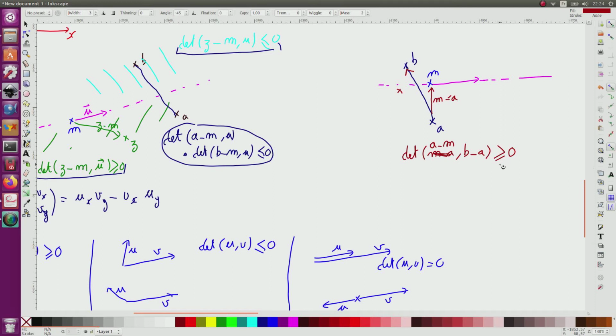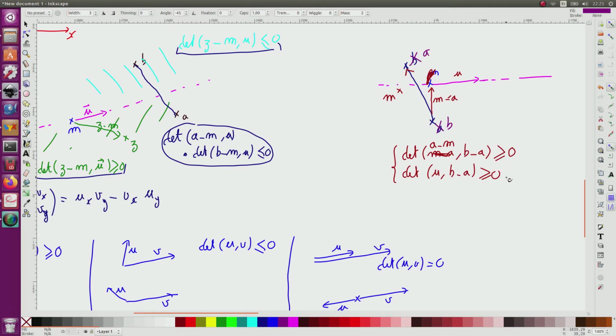But also I have here that U is going to the right. So if U goes to the right, M should be on the left. So that's why I have to add the situation: the determinant of U, B minus A should be positive. So in this case, M is not here, it is here, and U goes to the right. M is on the left, U goes to the right. But it could be the contrary. For instance, if here I have B and here I have A, then I will have the contrary.